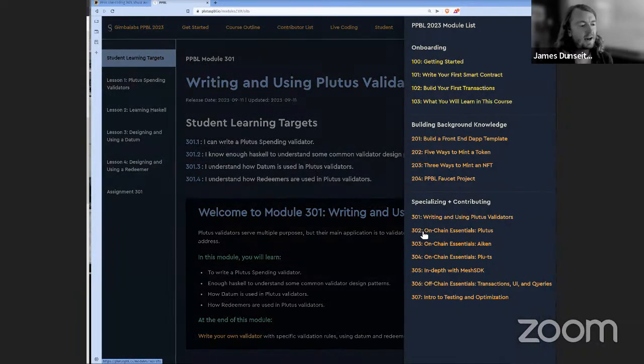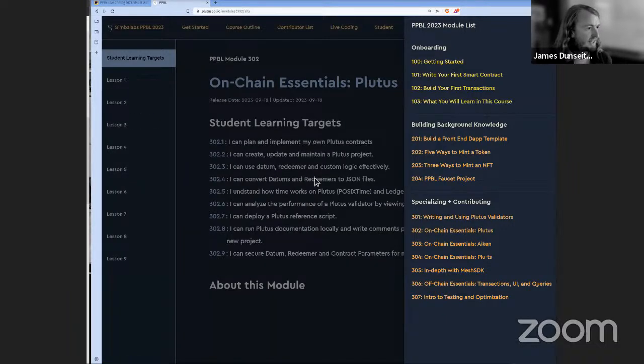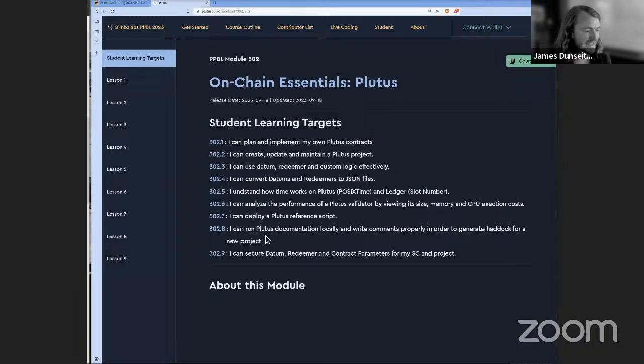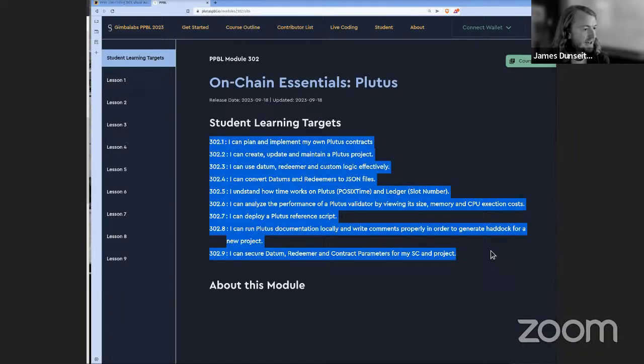Upcoming, we'll publish next week a deeper dive into Plutus. This one has the most learning targets yet for any module, because there's a bunch of things now that you're really digging into. You understand the UTXO model. I hope people are starting to be able to think in terms of transactions. That's the thing that happens on Cardano, are transactions. Now that you're getting a lot of those mental models, you've started to see how we use these things. Professor Mix is going to take you on a deeper dive into these learning targets.